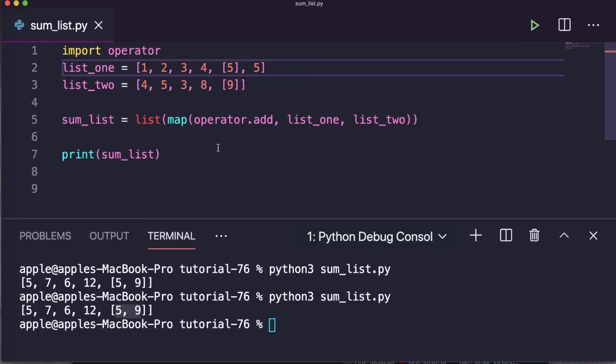Another thing, you must have heard about NumPy. We'll discuss it later, but using the NumPy library we can do the same functionality, the same summation or merging of lists, in an easy way. We can simply use numpy dot add and pass the two lists here, and it will give you the summation of the lists. But we will not discuss it today, because we have not discussed the NumPy library. It is a huge library, Numerical Python, you can say.